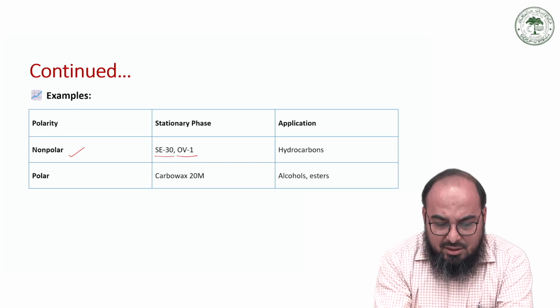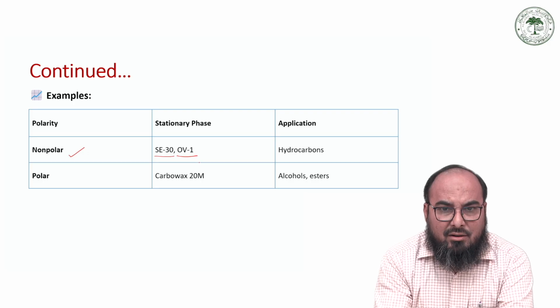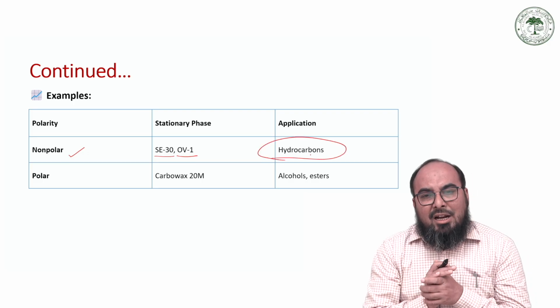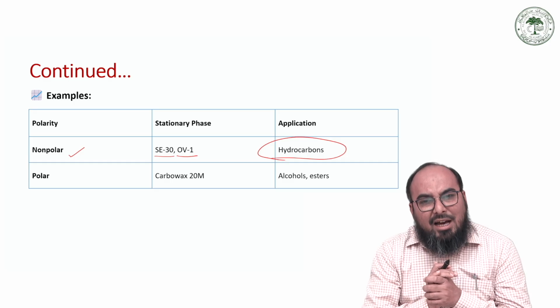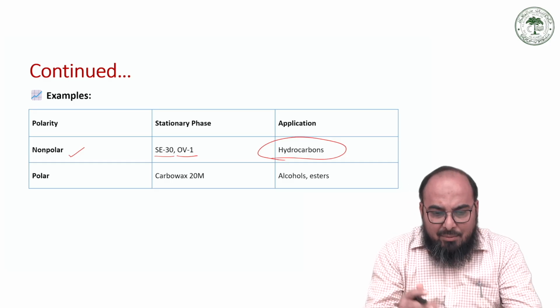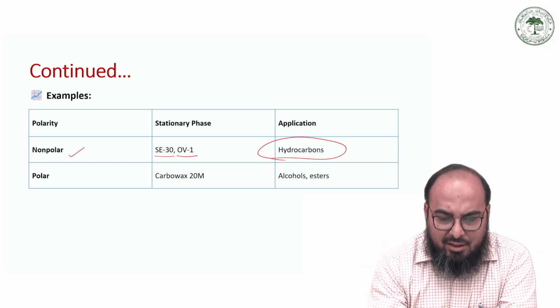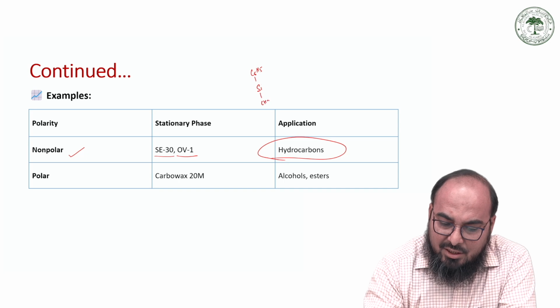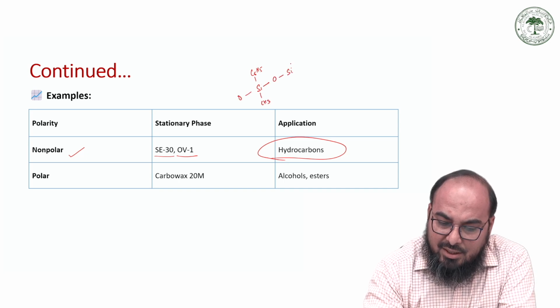These non-polar phases prefer the separation of non-polar analytes, for example, hydrocarbons. Similarly, if you replace it with a phenyl group, for example C6H5, CH3,